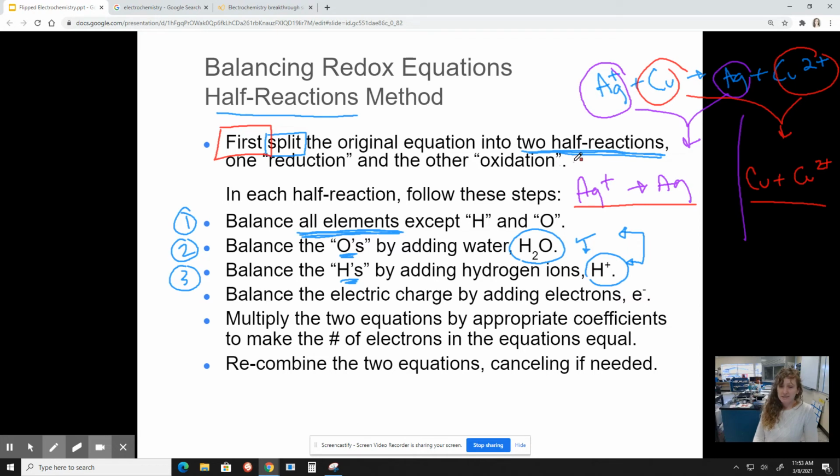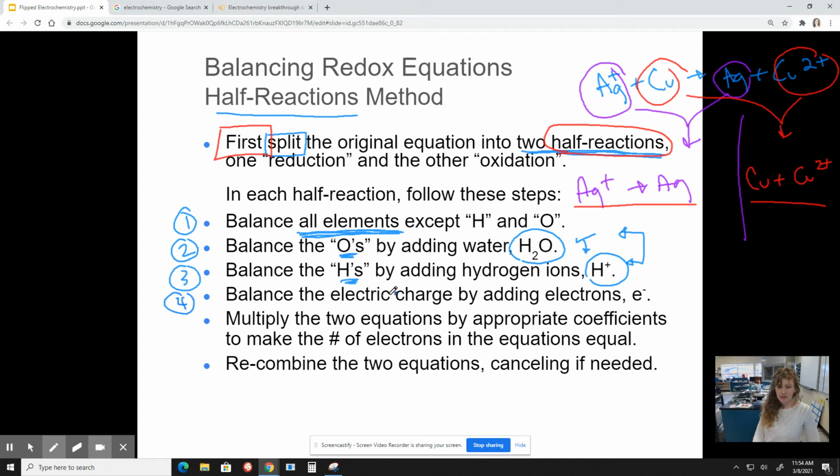When we're dealing with net ionic equations, this process of balancing becomes a lot more simplified. We really only have to go through this half reaction method when we're dealing with all the ions and all the molecules that are involved in these steps. All right, so after we have split the original equation, we've balanced the elements, the oxygens, the hydrogens, the next thing we have to do is